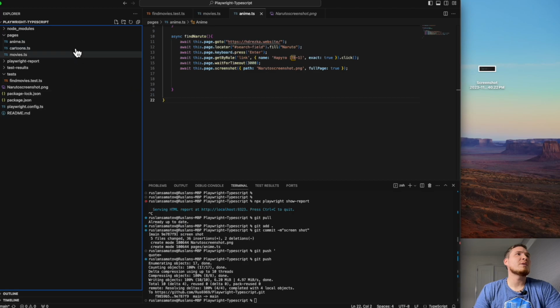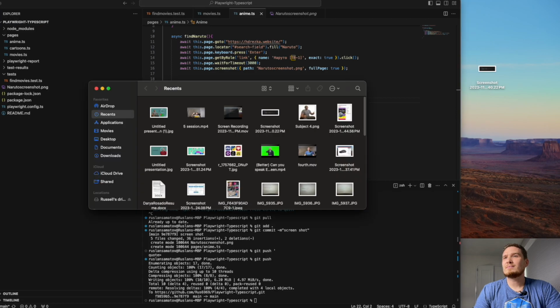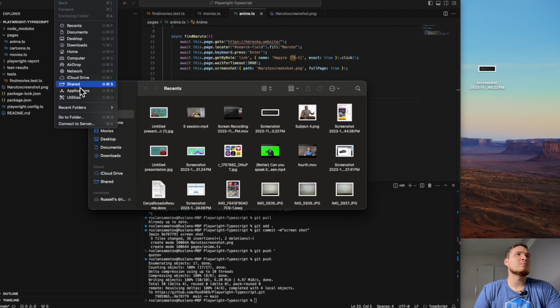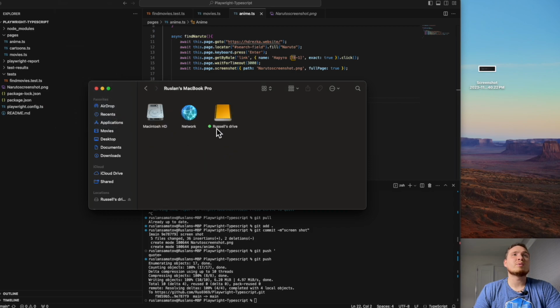Okay. So the very first thing where we start, we will create our new project, right? To start with, we need to create our folder, and let's open our Finder. In our Finder, we can go to whichever folder you would prefer to create your project in. In my case, I will store it under my name.